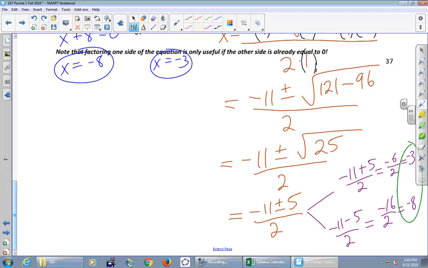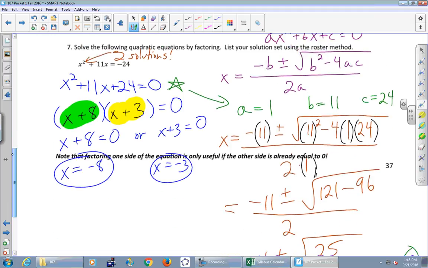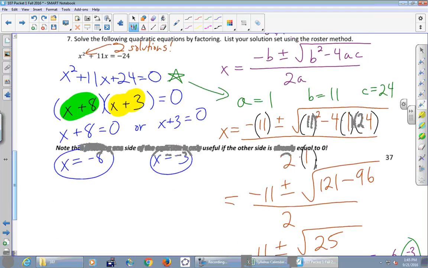Okay, so in conclusion, we have seen 3 methods to solving quadratic equations today. This is the quadratic formula. You can use it on any quadratic equation under the sun. It will always work. There is the factoring method, which we did over there in blue, that will work if the thing factors, but if it doesn't factor, it won't work. And so it's kind of a trade-off here because of the two choices that we have for this same problem, which one seemed more straightforward, shorter? Blue for sure, right? If it factors, it is definitely quicker and probably less prone to error than the quadratic formula.